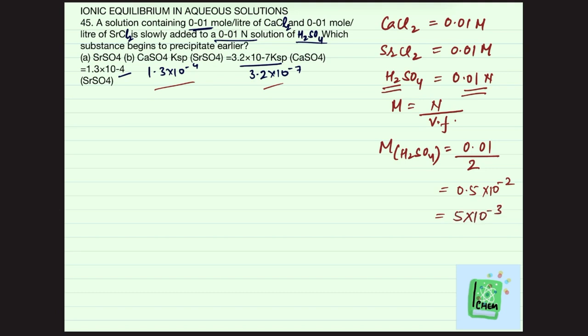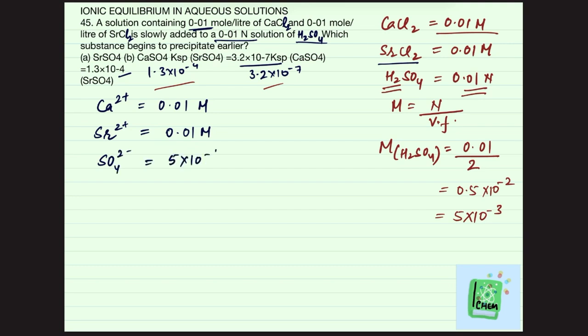Now calcium chloride की molarity given है 0.01 moles per liter. तो calcium ions present in the solution will be 0.01 moles per liter. Strontium ions present in the solution will be equal to the molarity of strontium chloride, that is 0.01 moles per liter. सल्फेट आयंस की कॉन्सेंट्रेशन है सोल्यूशन में 5 into 10 to the power -3 moles per liter. तो आयनिक प्रोडक्ट कैलकुलेट कर लेंगे।